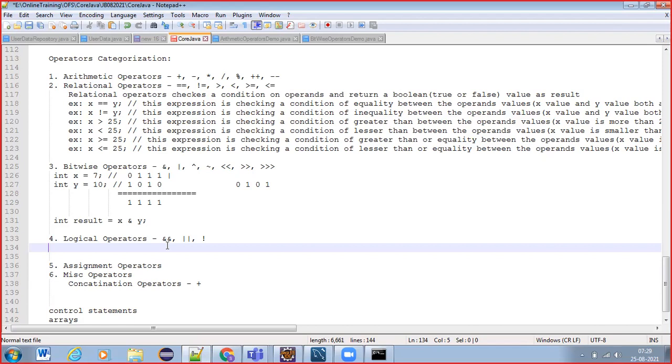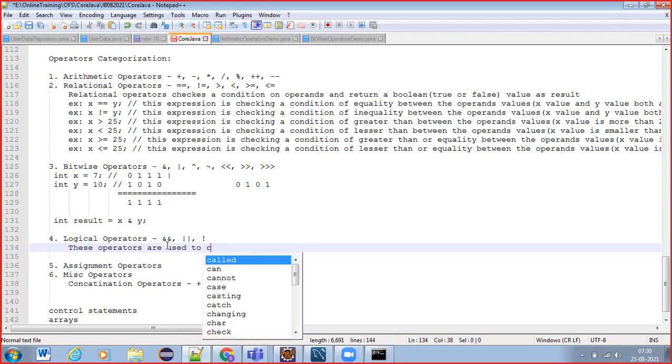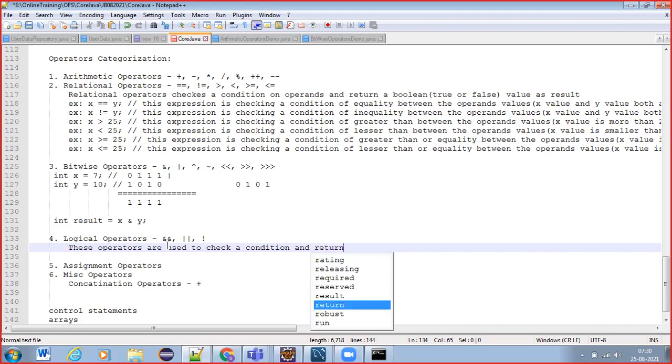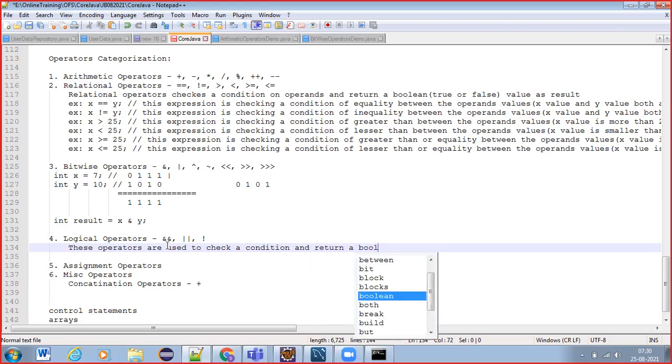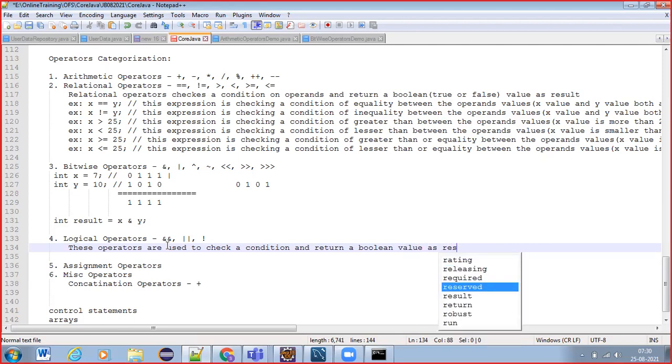So what we can say, these operators are used to check a condition and return a Boolean value as a result.